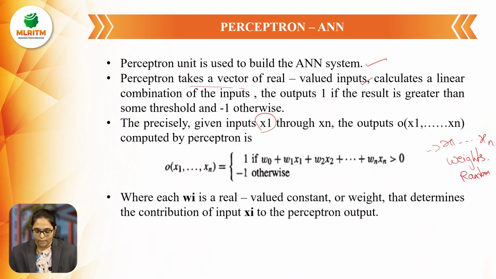random. So when we are generating an output, if suppose the output is greater than 0, then it is considered as a 1, or else it is considered as a -1. So perceptron is the first thing used to build an ANN, and we consider all the real values as inputs, and for all these real values we consider random weights, and we calculate the